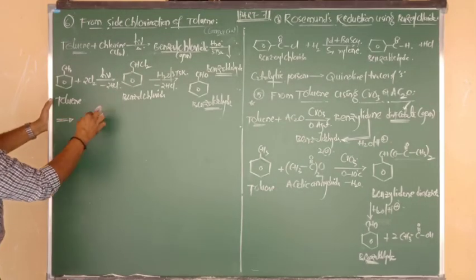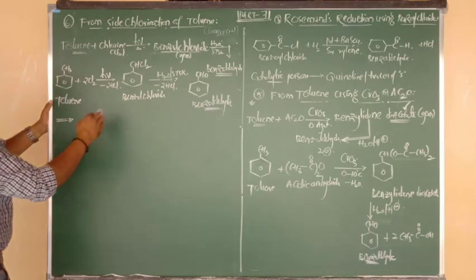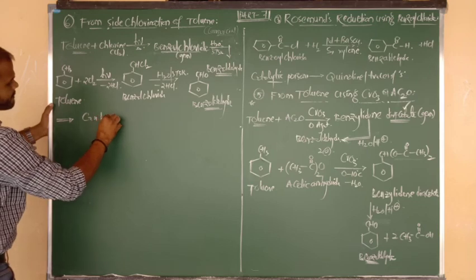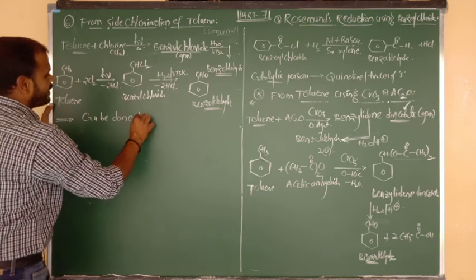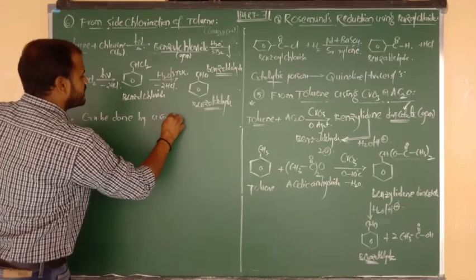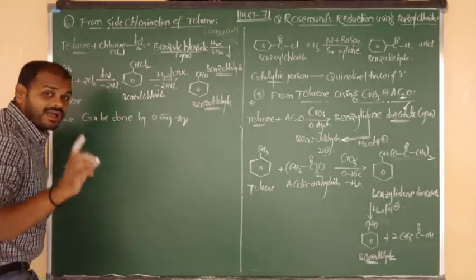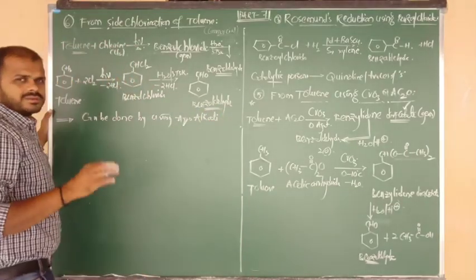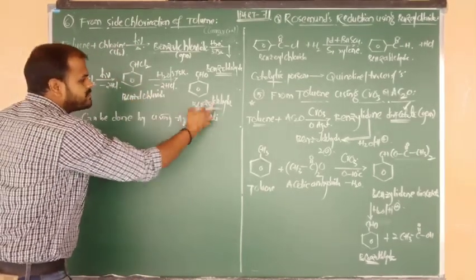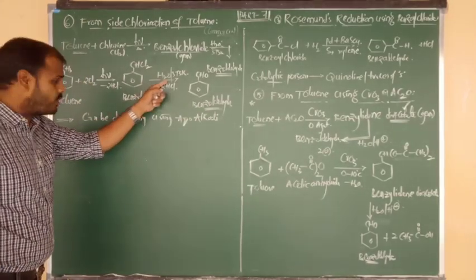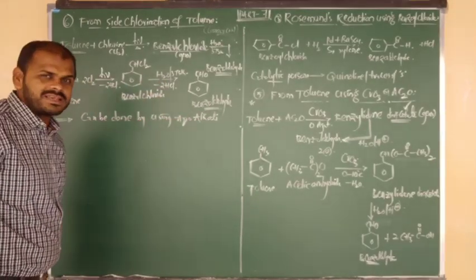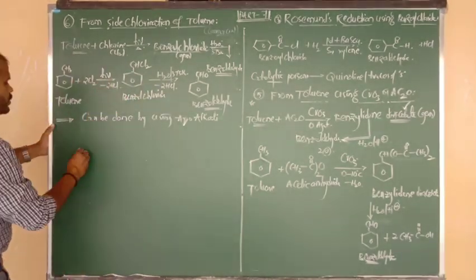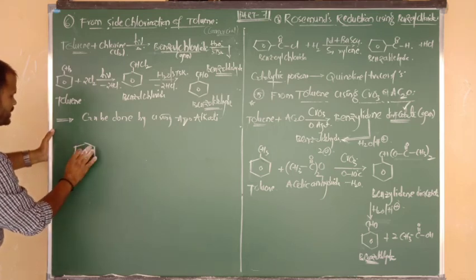So here I want to write that hydrolysis can take place not only by the addition of water. Hydrolysis can be done, beta, by using aqueous alkali. Generally hydrolysis means addition of water, and benzyl chloride gives benzaldehyde. Not only simple hydrolysis, hydrolysis can be done using aqueous alkali, means alkaline hydrolysis also we can do, beta. Okay, how? First suppose I consider here benzene.